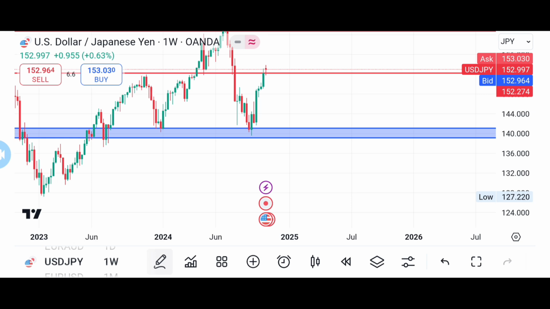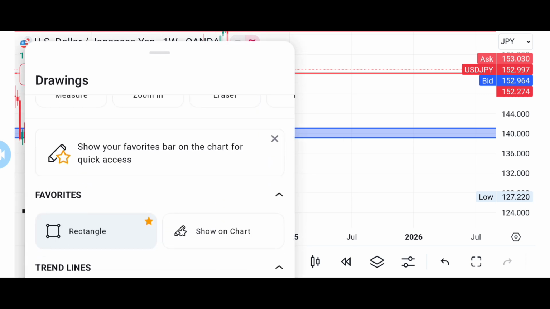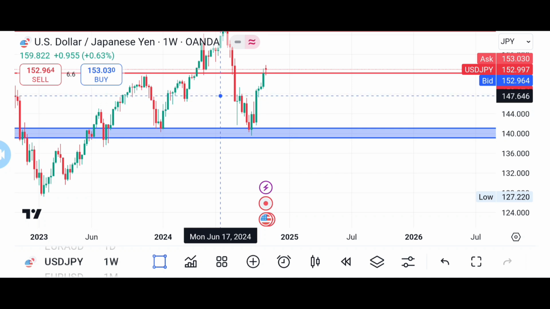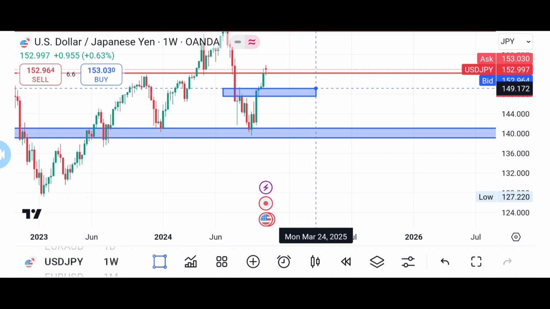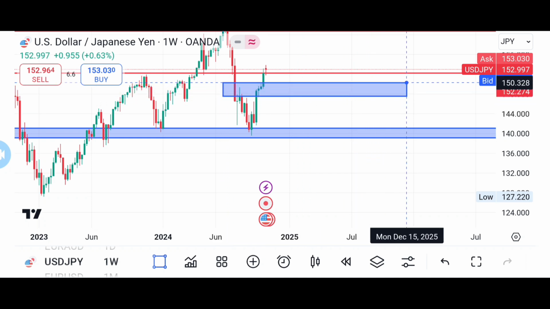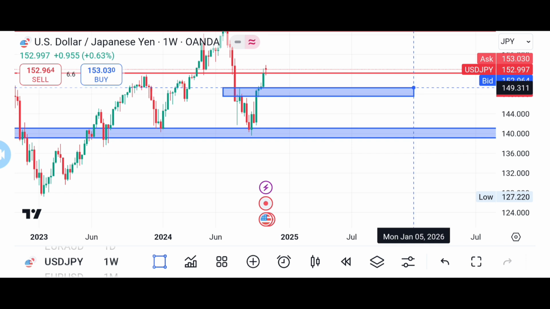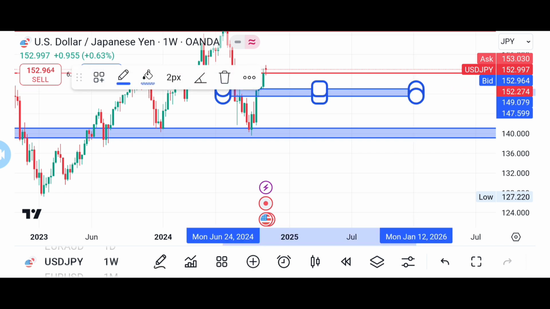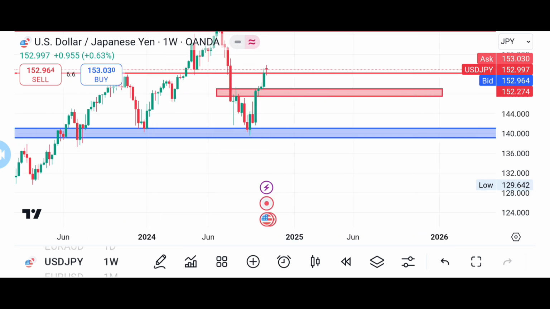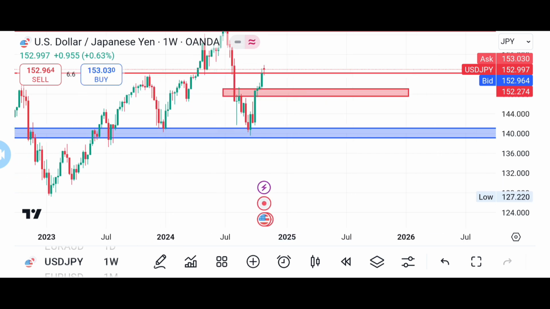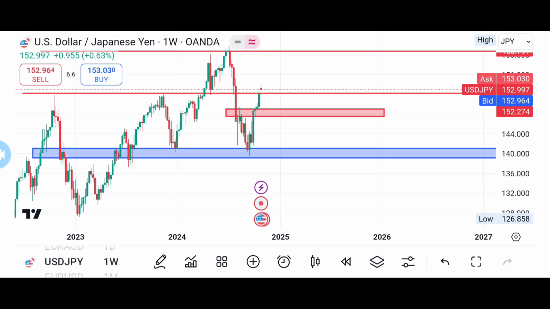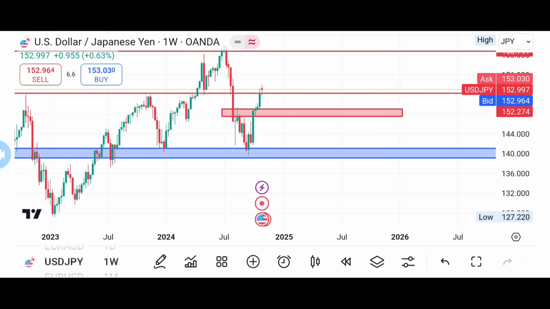So let us draw that previous resistance that was broken in the weekly. This is the previous resistance we had. This was the new higher low, after we shifted the market structure from bullish to bearish. So that was the resistance. Are we together? So once you know that once the resistance is broken